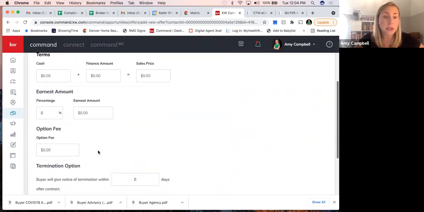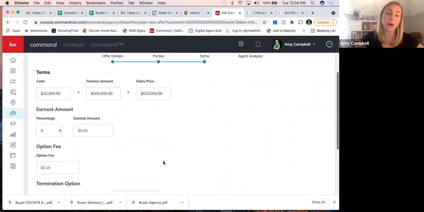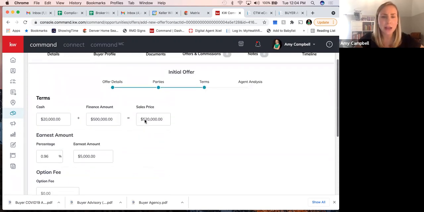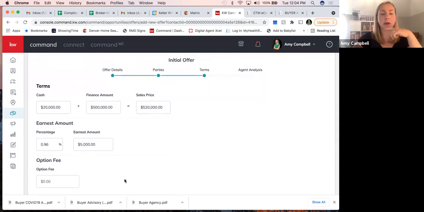The terms. So you're going to put in what was their down payment, what was the financed amount. It will total the sales price here. You can put in the earnest money amount if you want, and that information, I do encourage you to fill it in. Actually, these don't have stars next to them, but I have a feeling they are required. But even if they're not required, oh, thank you, Sharon. She's told me it won't mess anything up and she can delete it. So I won't actually submit the commissions, but